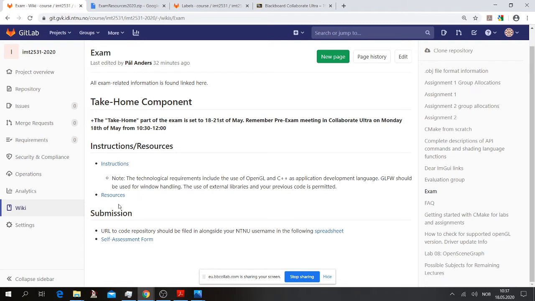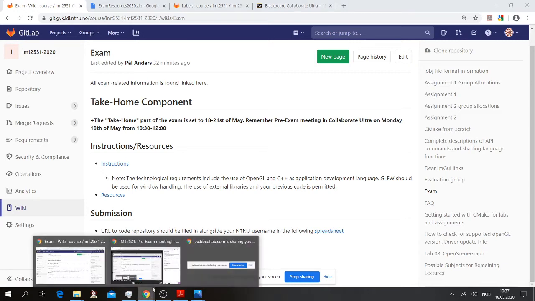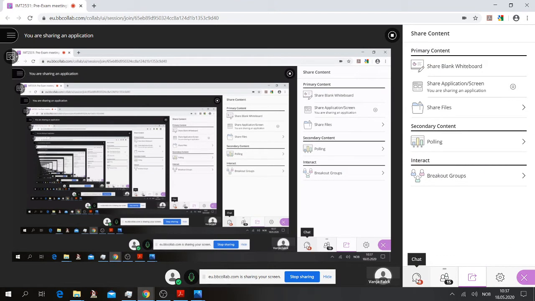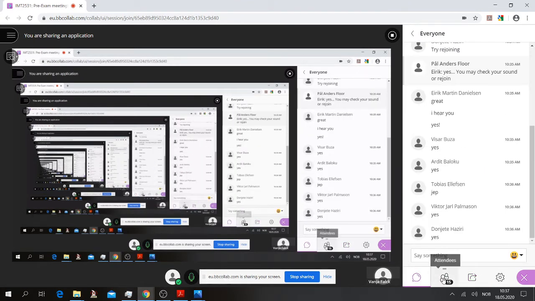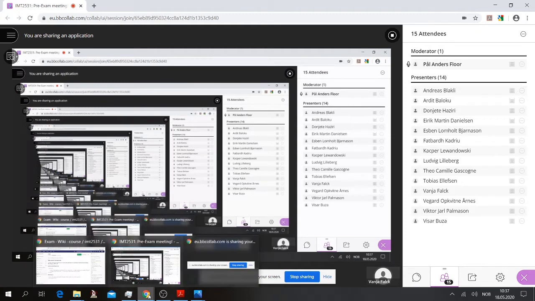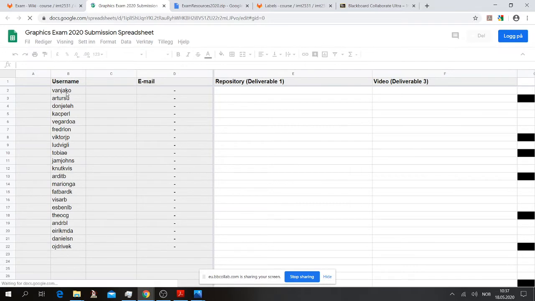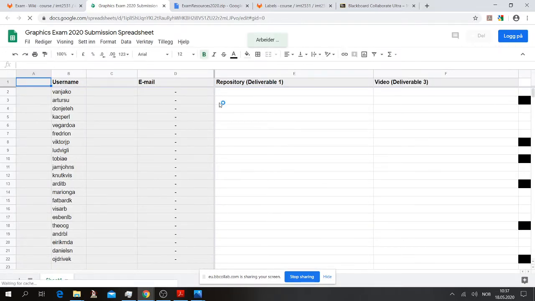In addition to that, when you submit, you will do that under this link. Now this year we chose what we did some few years back by just filling everything into a spreadsheet because there's been quite some trouble with these logon systems. So when you want to deliver, you can go to this one and just click here and you get up this spreadsheet. Now here you will see your username. So just find your username, whatever that is, and then you paste the link to the repository that you choose here.